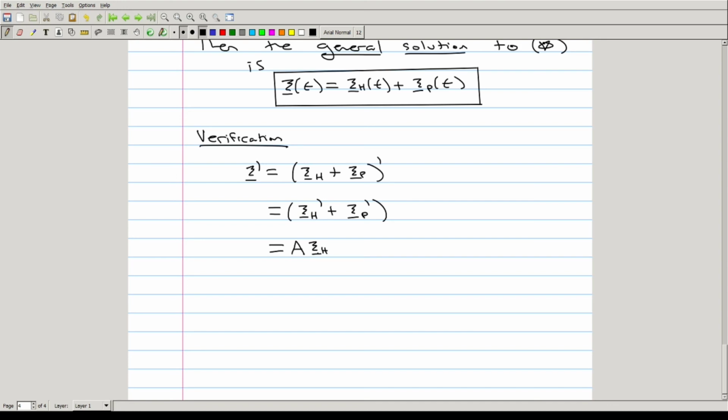So xi h prime is a times xi h, and xi p prime is a particular solution to the inhomogeneous form of the differential equation. So this will be equal to a times xi p